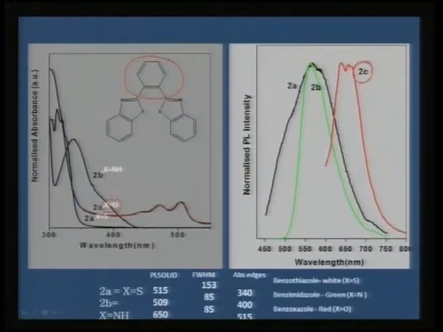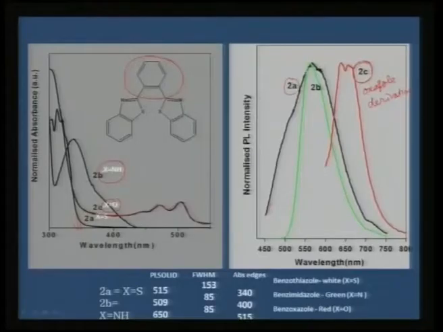As a result, you can again see in the emission feature that the 2C molecule, which is nothing but your oxazole derivative, is again showing a red emission compared to the thiazole and imidazole case. When you look at the band edge of imidazole, when you have pi electrons, you can clearly see that the imidazole is extending the pi band edge up to 450 or so, while the thiazole is actually showing a blue shifted emission, which is the reverse of the 1 series compounds.